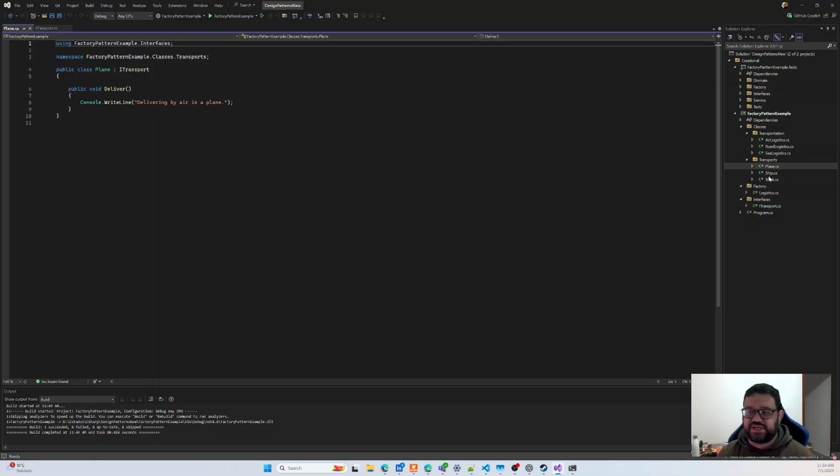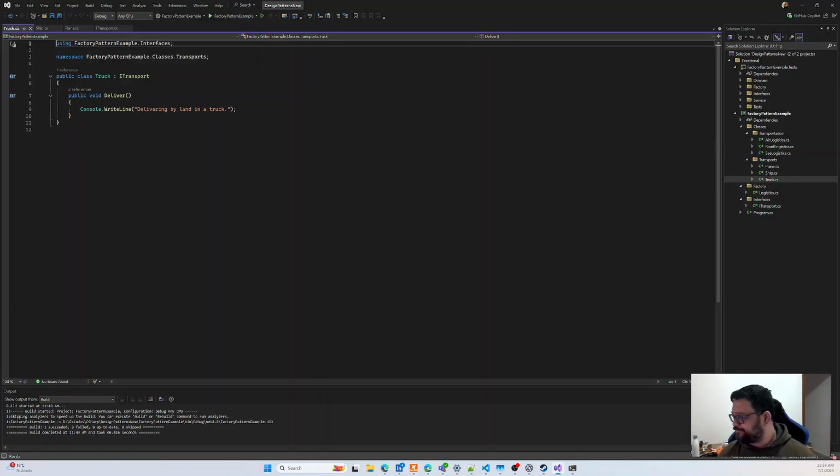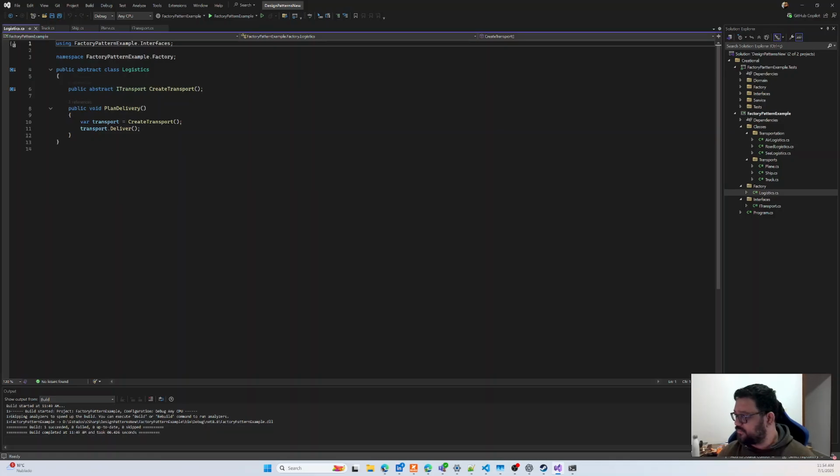Transport. So truck, ship, and plane are specific implementations, like the latte or an espresso. Logistics is the abstract factory. It defines the create transport here,